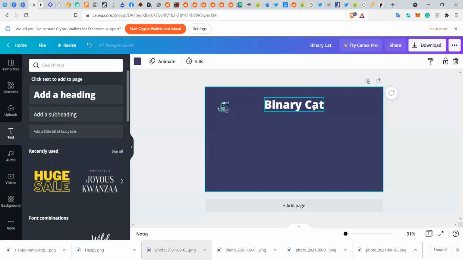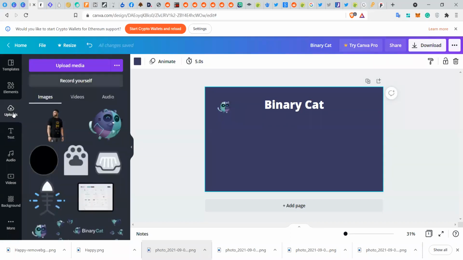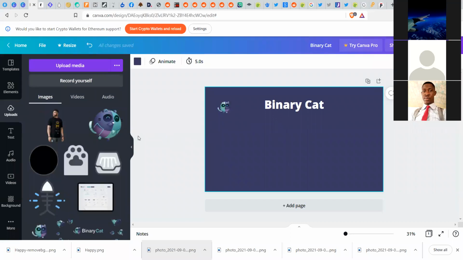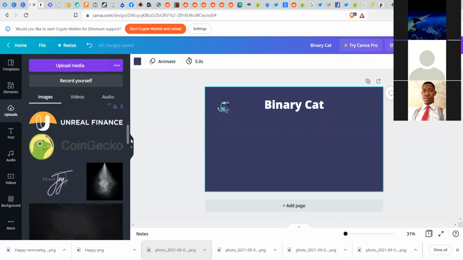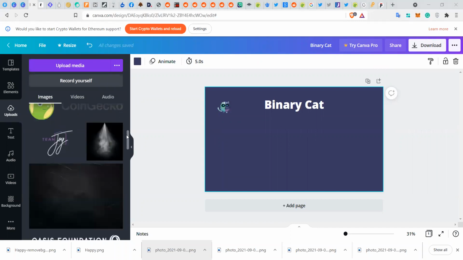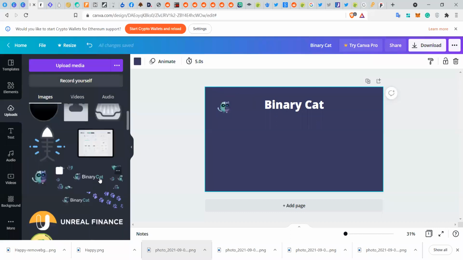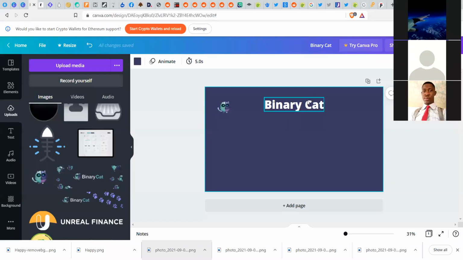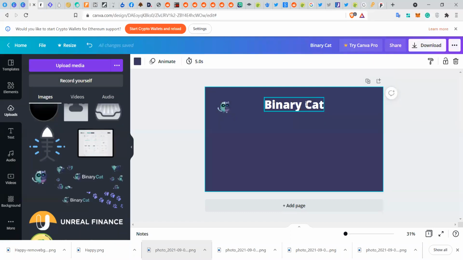Okay, so for this project, the colors are different. The cat is actually a different color. It's white, and let's check here. Upload. That is where you find everything about what you're working with. Okay, so let's look at one of these. We have the binary cat here. This is another color, white, and this is green. And blue stuff. So we just highlight the cards